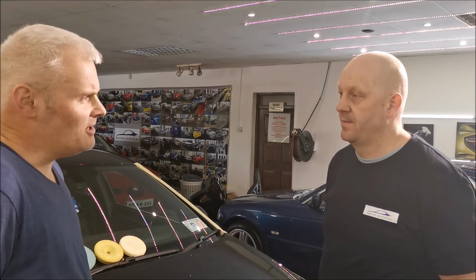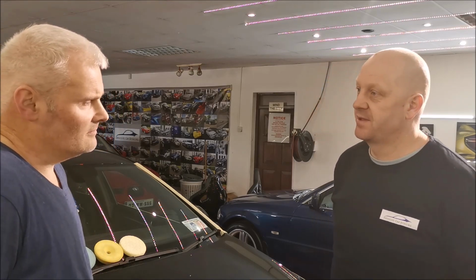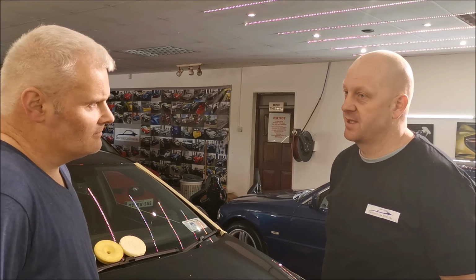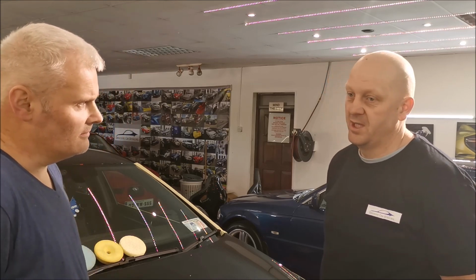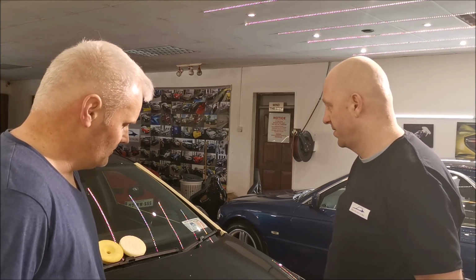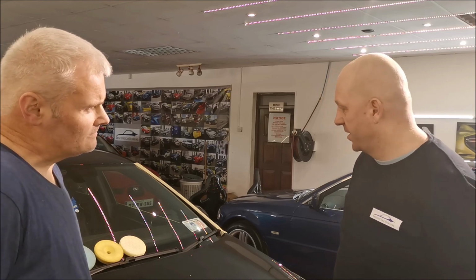Is the paint depth gauge necessary before you machine polish? If you're doing it as a professional, you should have it. But at the end of the day, it's only a gauge. It's not going to tell you everything. It's not going to do the job for you. So extra care is always the thing you should consider first, before you just base your work on the paint depth gauge. Okay, and there's another way to check